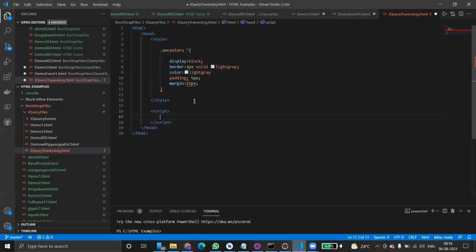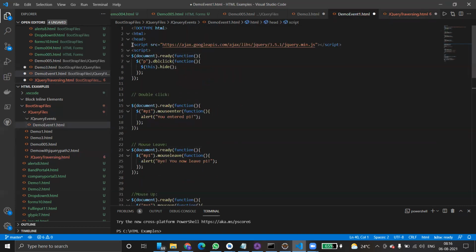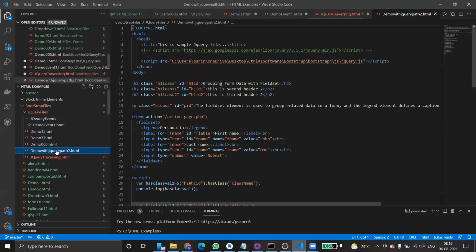So we'll add this jQuery. Okay, so how do you add jQuery? We'll add it here itself. I have already added it here. I'm just going to take the same link here. You know how to add from a local file also, right? See, this is how we have to add from a local file. So this is for a local file, and this we can take directly from the internet.